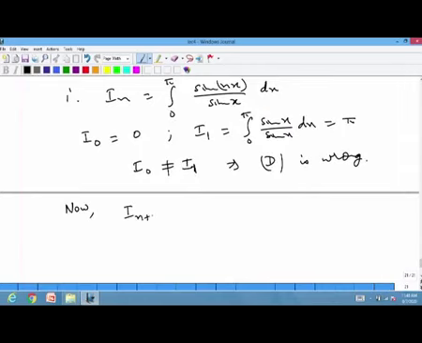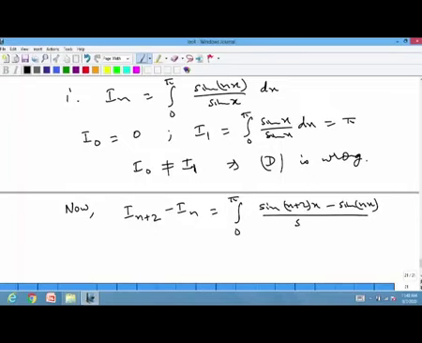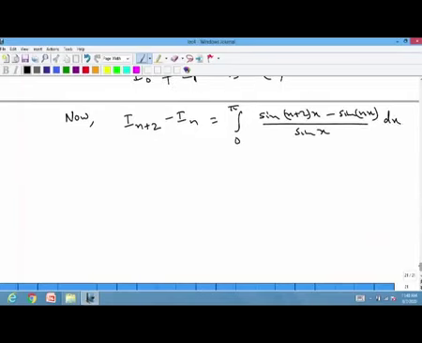So, if we look at I_{n+2} minus I_n, this will be the integral from 0 to pi of (sine of (n+2)x minus sine nx) divided by sine x dx. Now, we can use the formula for sine c minus sine d. So, this is equal to the integral from 0 to pi